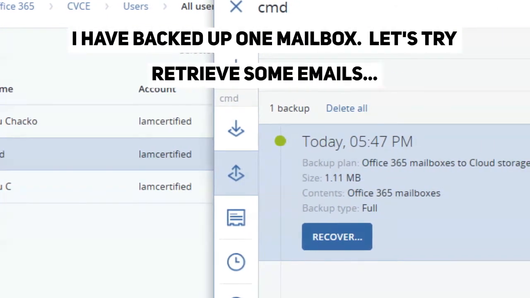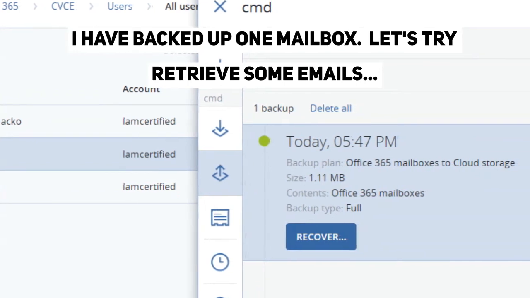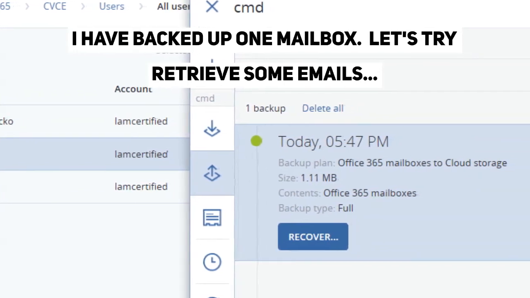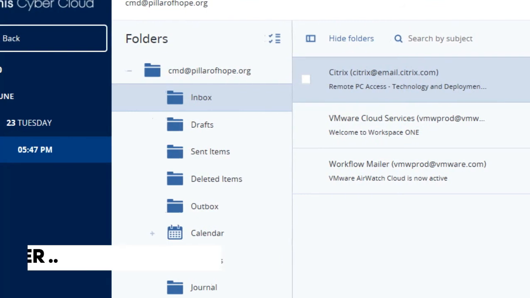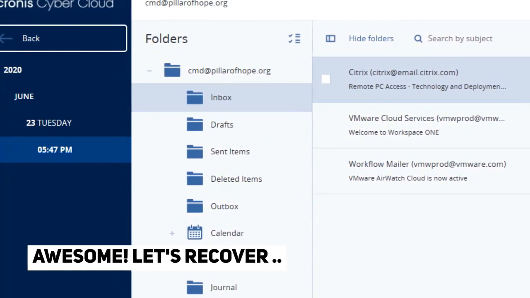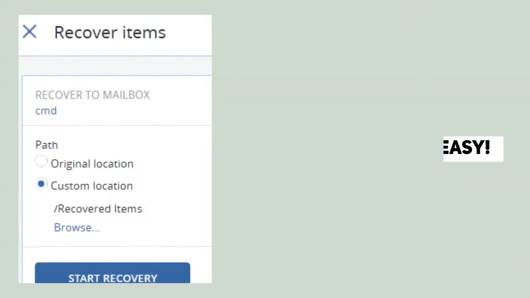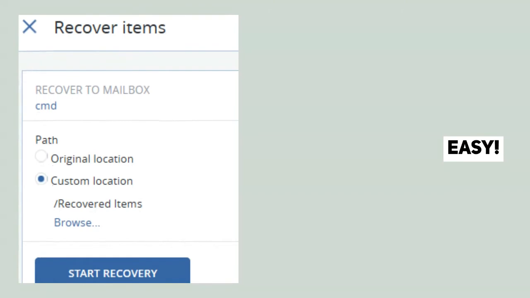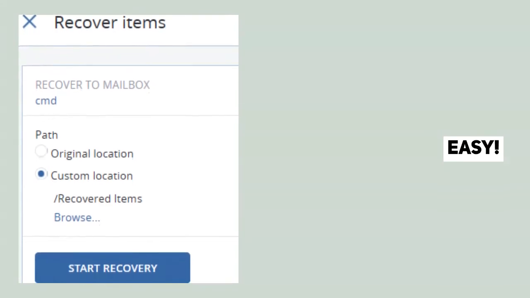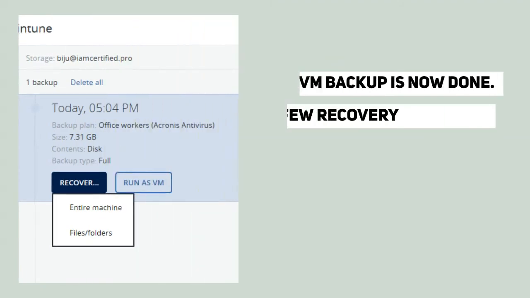Now I have done the backup. Let's try to retrieve some emails. Click on recovery and then go to the email which you wanted, and let's recover. Yes, we can recover to the original location or in a custom location. There is no problem. It's very easy.